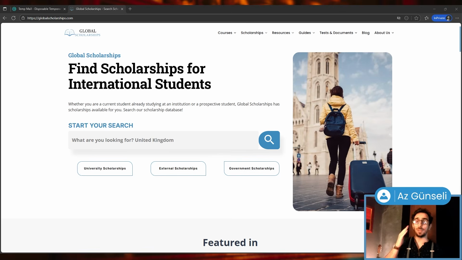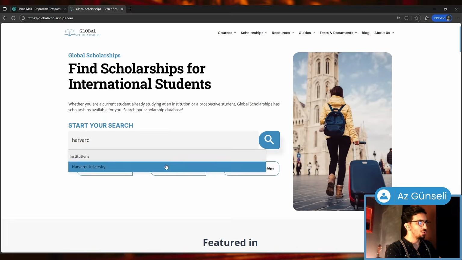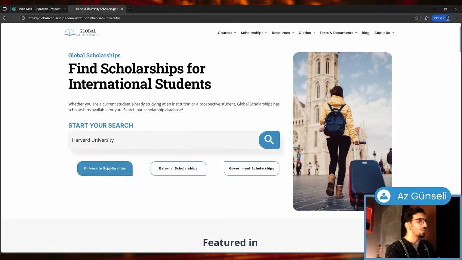Today we'll see the application procedure of Harvard University in the United States. You can go to globalscholarships.com right now, and this is the page you will see. We have a search tool, as you can see. You can just type in Harvard here and choose as an institution the Harvard University, which will take you to